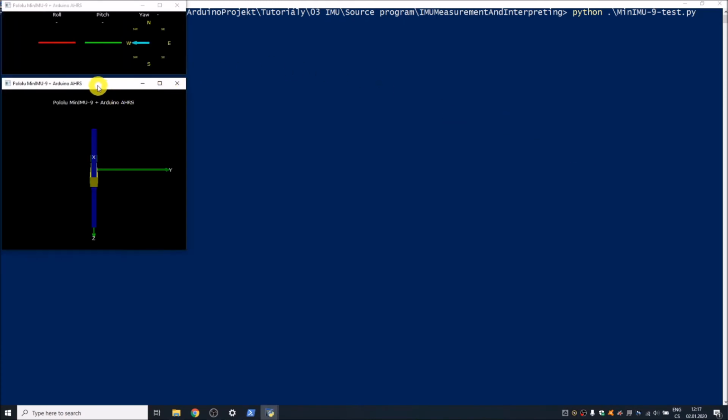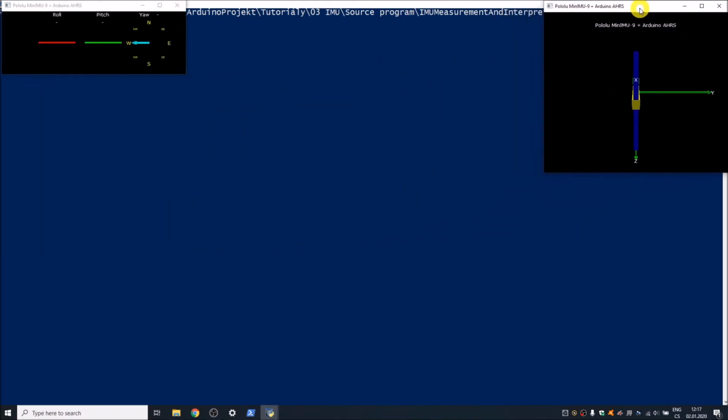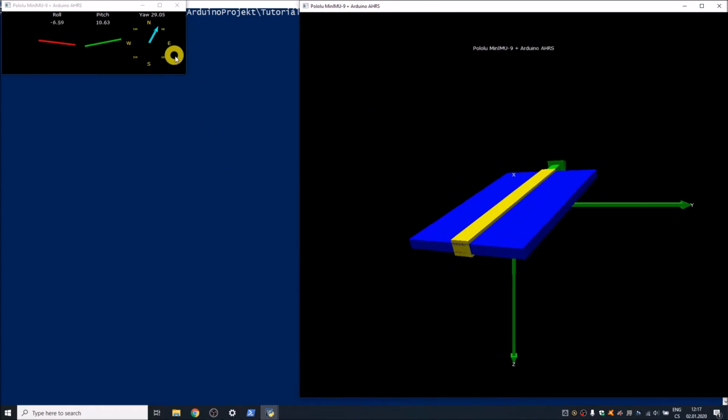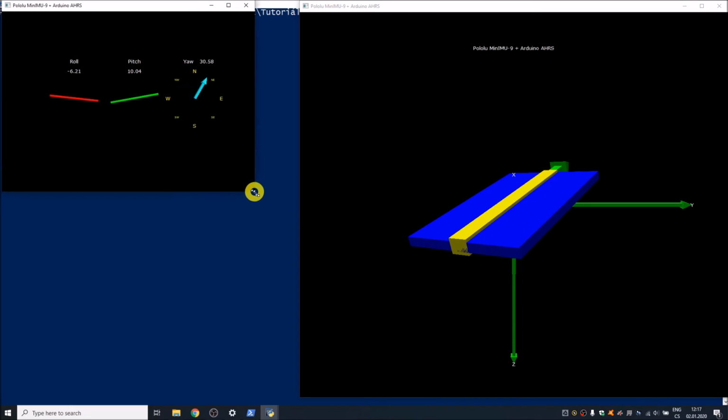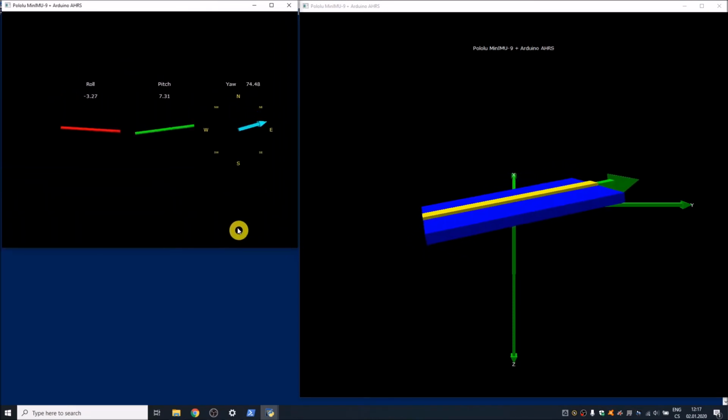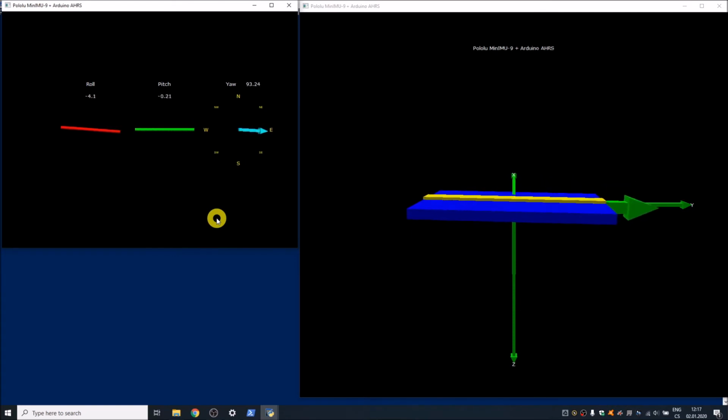Now everything seems good, and after a second, our simulation will start showing rotation and orientation of IMU in space. The binary data received via a serial line from Arduino is being interpreted with VPython as a real-time 3D model. The model is very accurate.